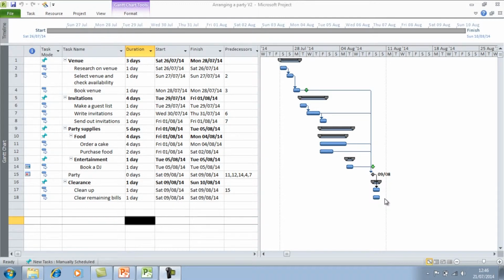So one of the main views we have been looking at is the Gantt chart view, and this graphically represents your project but also provides detail. It's easy to start using the Gantt chart to create your project and link tasks, as well as seeing how the project is progressing over time. So on the screen here is the Gantt chart view. So if I change to the task usage view from the icon down here,